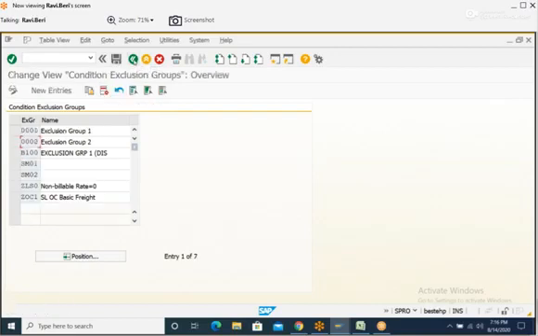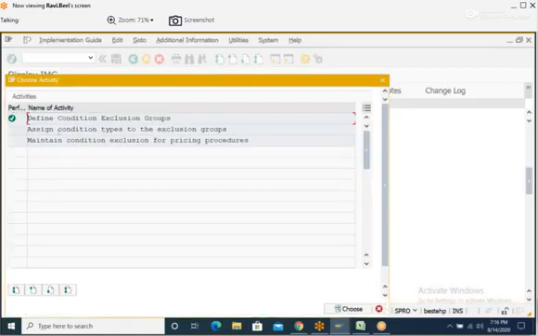Next, go back. Assign condition types to the exclusion groups.